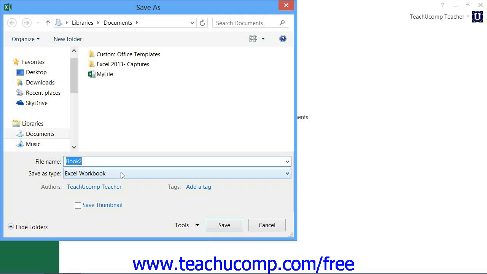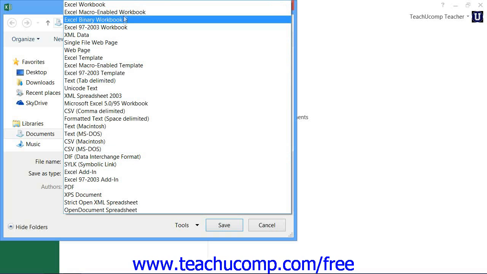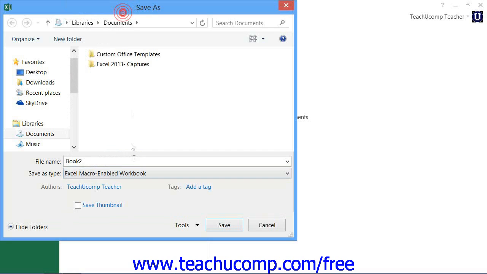Now, in addition to this, you can also save a document using the .xlsm extension. This is an Excel workbook that could potentially contain macros or code. This also applies to workbook templates. A workbook template that does not have any macros or code uses the .xltx file extension, and a workbook template that does allow for the execution of macros or code uses the .xltm